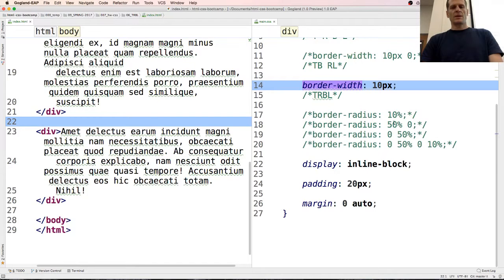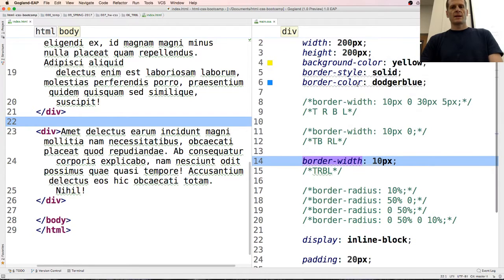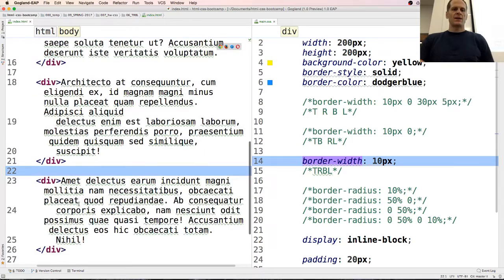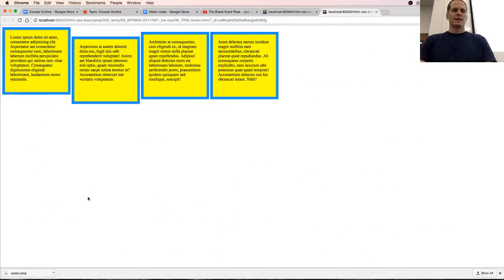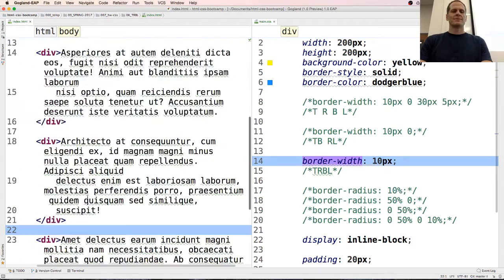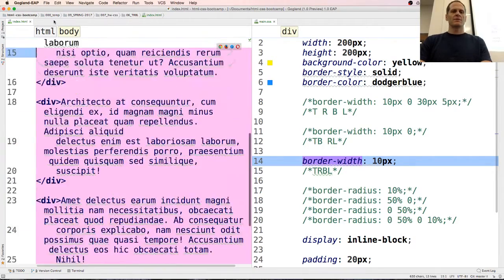I wonder why they're all off like that. Width, height, background color, border style. When I added in text, they all got funny. They got funny. Yeah, isn't that weird? Whereas if I just had 4 divs,